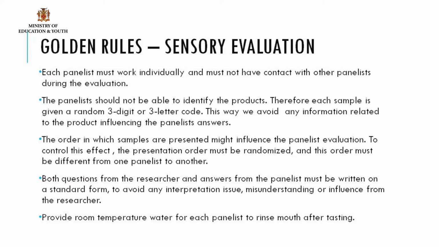The panelists should not be able to identify the products. Therefore, each sample is given a random 3-digit or 3-letter code, right? This way we avoid any information related to the product influencing the panelists' responses. The order in which samples are presented might influence the panelists' evaluation. So to control this effect, the presentation order must be randomized, and this order must be different from one panelist